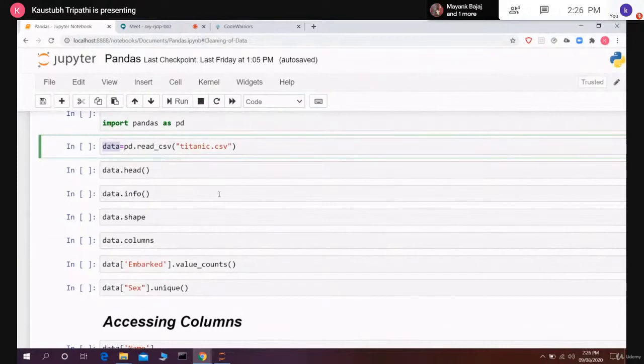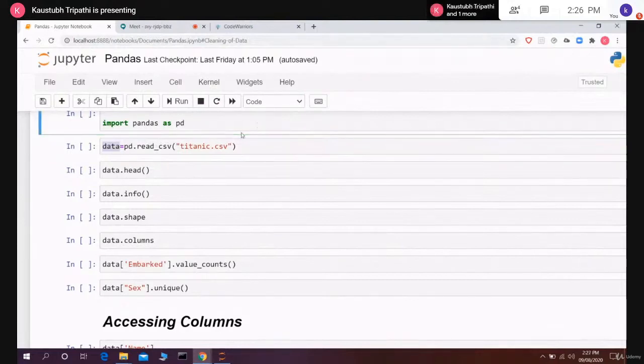the Titanic.csv file. This Titanic.csv file is a Kaggle competition file. If you start Kaggle as a beginner, the first competition you will get is the Titanic competition, and you will also get the link for this data set as well as this whole code in the chat. Right now we have already uploaded the link for the code and the data set in our chat, so you can download the data set from there. And if you want the code, you can see it in the chat.